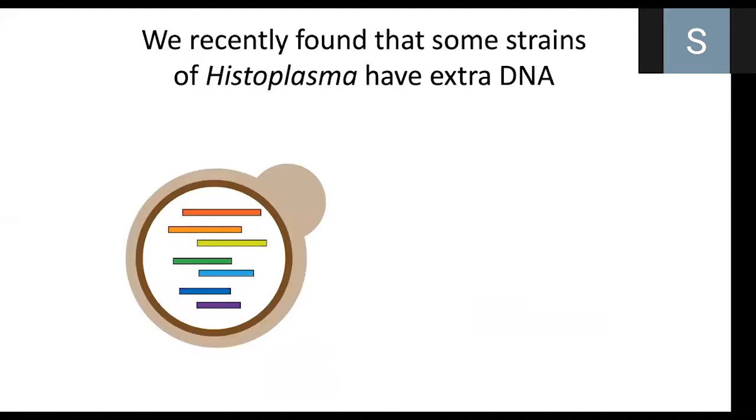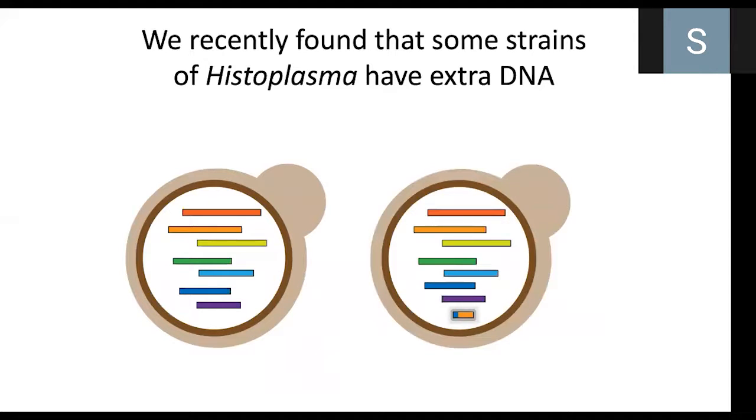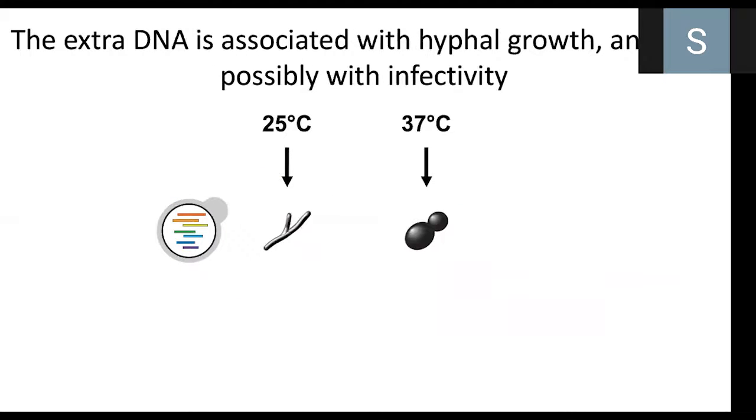Based on technological advances, we've recently identified the chromosomes in Histoplasma. There are 7 of them, as shown in rainbow colors in this infographic. However, some strains have extra DNA that we think makes up an additional chromosome, as is shown on the right here. As I said previously, most strains of Histoplasma grow as infectious hyphae at ambient temperatures and as pathogenic yeast